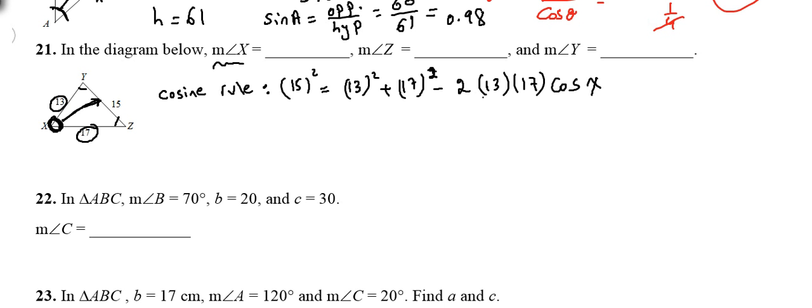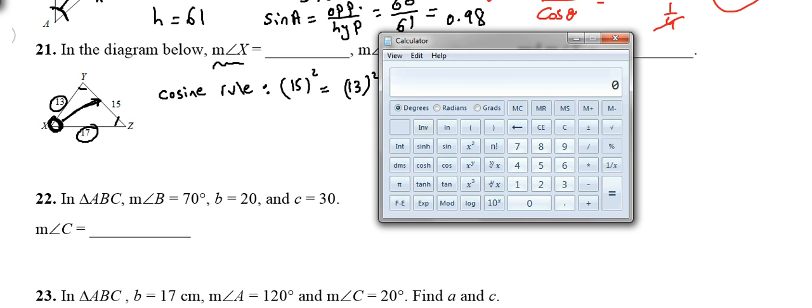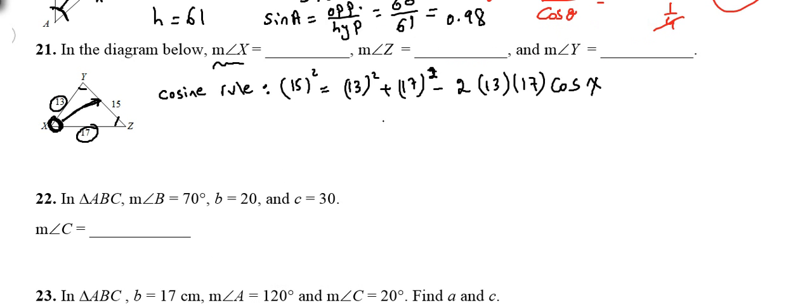That's great. Let's take all this to the other side. Let's multiply them first: 2 times 13 times 17. 2 times 13 is 26, times 17 is